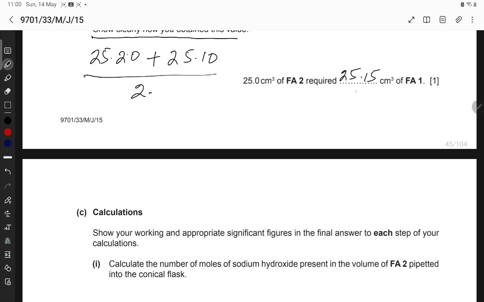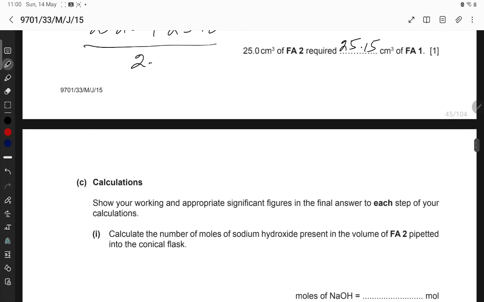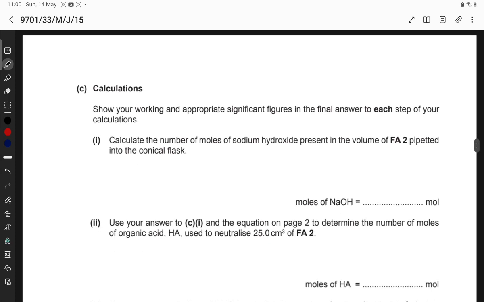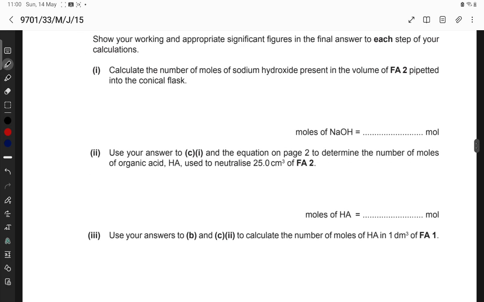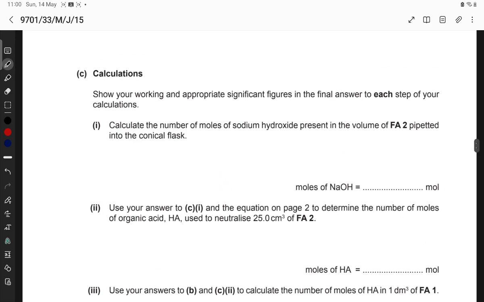So this is the final volume. You must put 2 decimal places, and it does not matter whether they are exactly the same or differ by 0.1, otherwise you won't get these marks. Now that we have got the values, you are going to get asked to do your calculation questions,